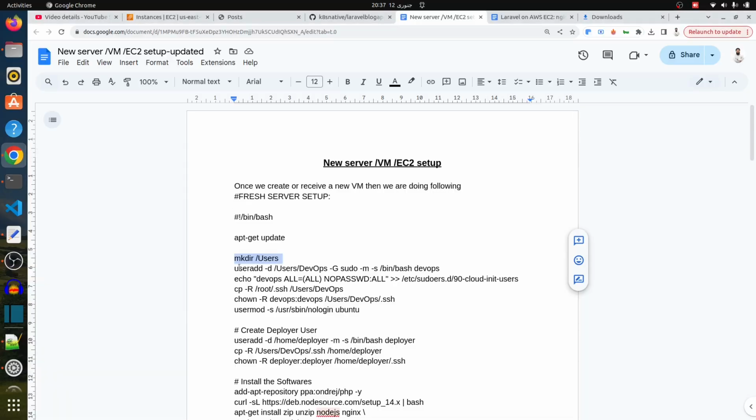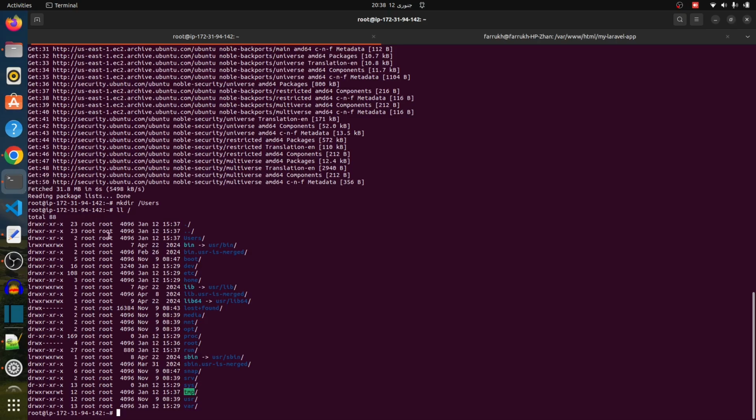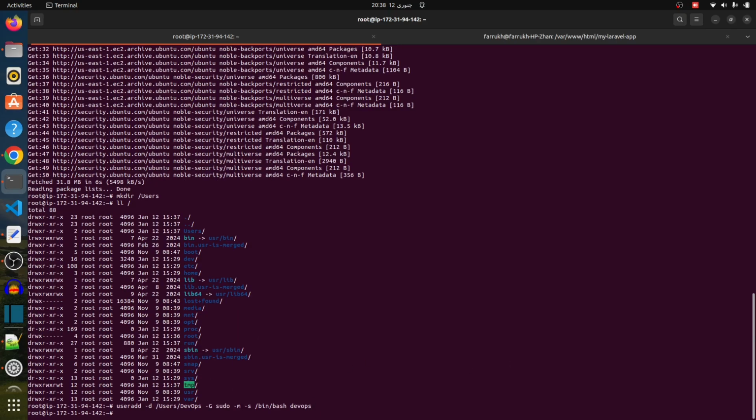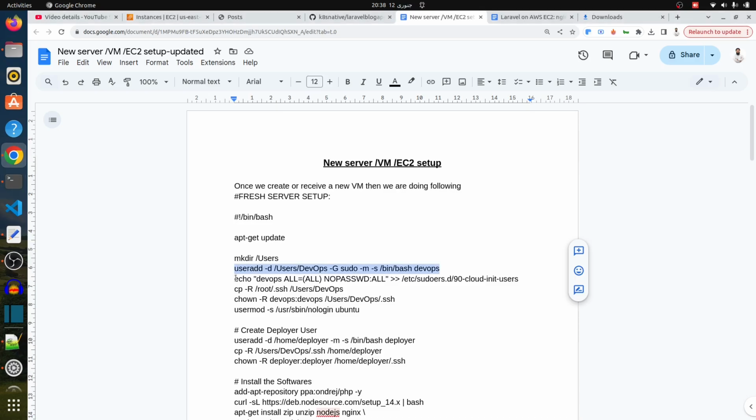And now let me add this useradd command. It is going to add a user and set its home directory, user DevOps, and group is sudo, and I will be doing this command here. So this user DevOps has been created, and here I am giving sudo access to this user,